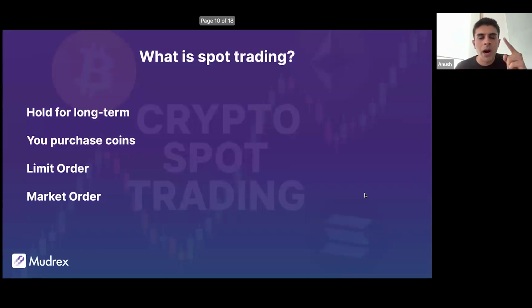You'll see one called a market order, and the second one will be called a limit order. So, again, let me just break these two concepts down for you very quickly. A market order is when you want to buy or sell immediately at the best available price. This is the fastest and simplest way, but the exact price may vary slightly, especially if the market